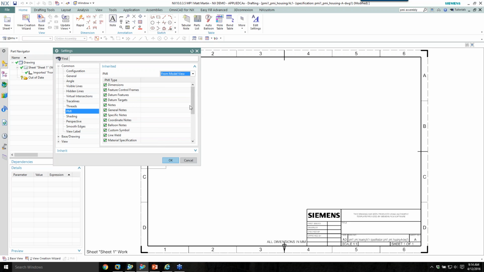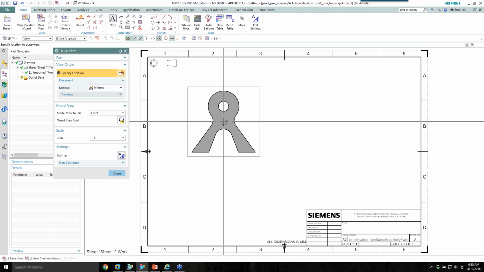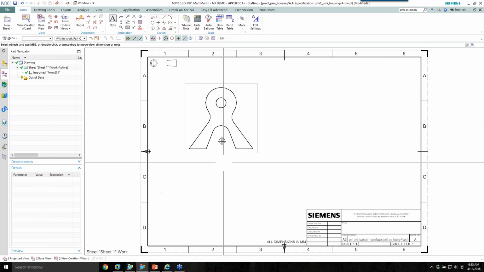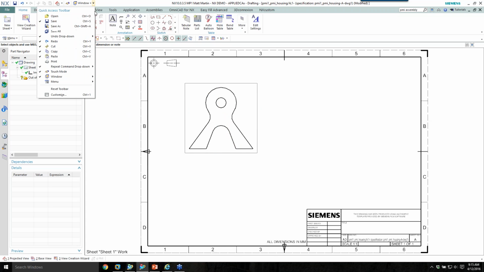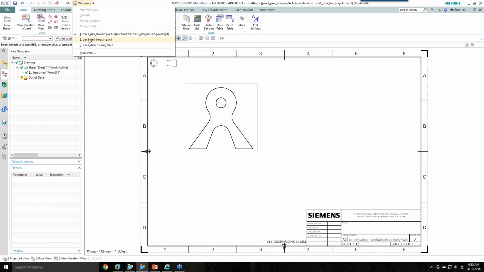So there's model view, and from that I can pick the things that I want to show in this particular view. So if I don't want to see weld symbols, maybe that's going to be in a different view, or I don't want to see coordinate notes, I can uncheck the things that I don't want to see and then place that on there. Now, it didn't automatically show up, and there's a reason for that. In this particular model,